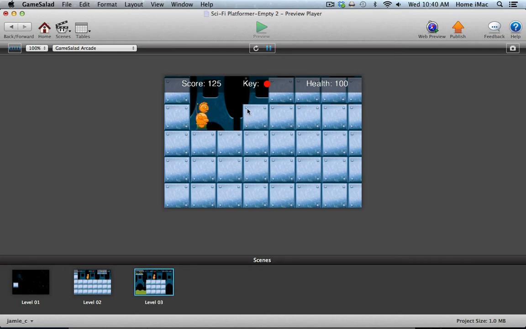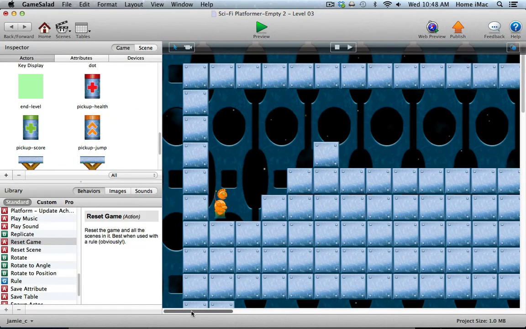You saw them in the video overview of the game that we're creating. There are laser guns that you can set up to shoot in any direction at any speed, and there are also teleporters. So we're going to set both of those up now and just about finish this game off. Let's take a quick look at the empty shell of level 3